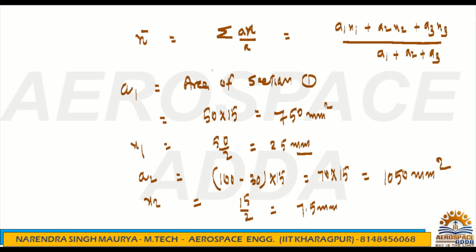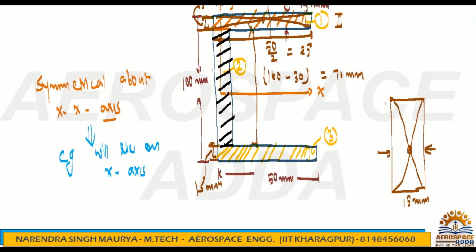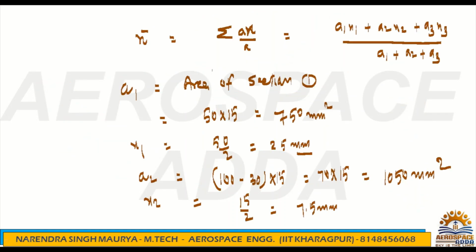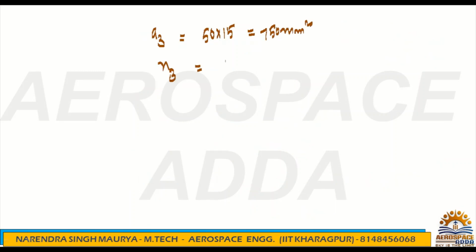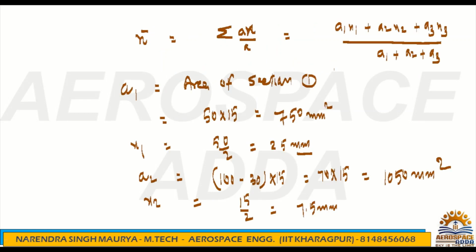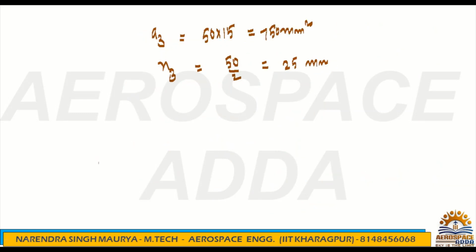X3 is nothing but just half of the 50, which is nothing but 25. Right. Now, what is the x bar then? That is the CZ. If you check CZ location, x bar is nothing but A1 x1 plus